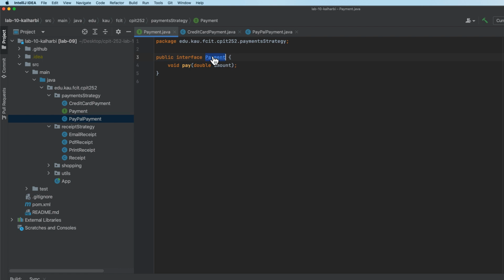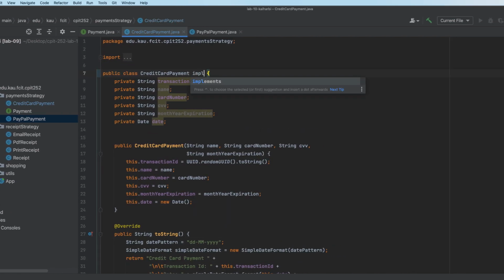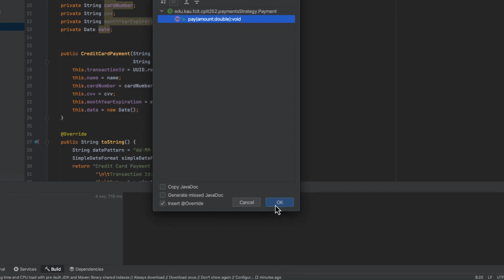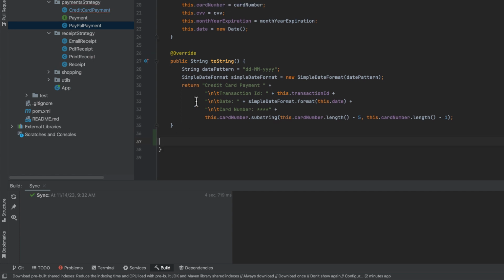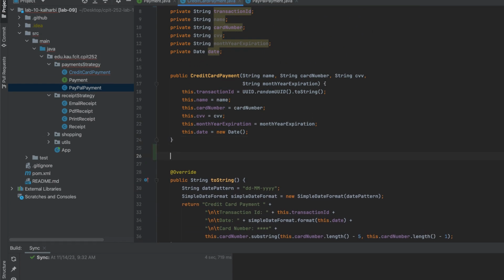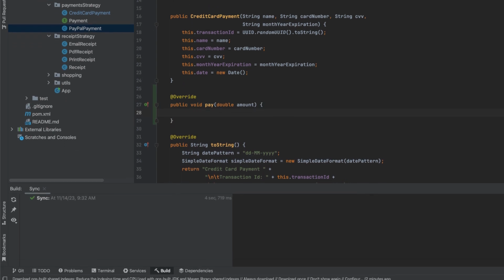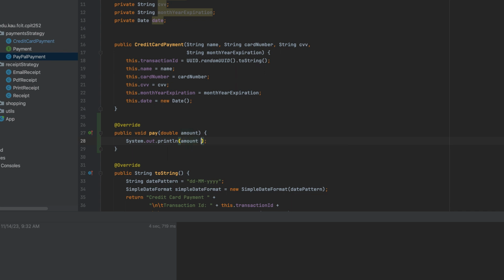Two concrete implementations, they need to implement this payment interface. All right, so let's just go ahead and implement payment. So we add implements Payment, and let's implement the method pay. I like to move this up just after the constructor, and obviously here you need to write the logic. So I'm just going to print out a statement that says, I don't know, amount